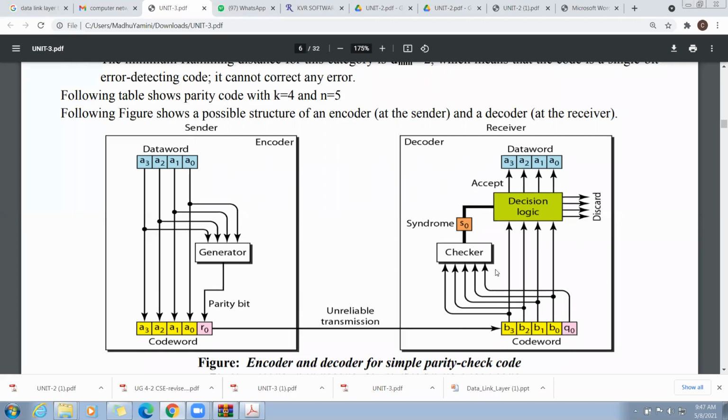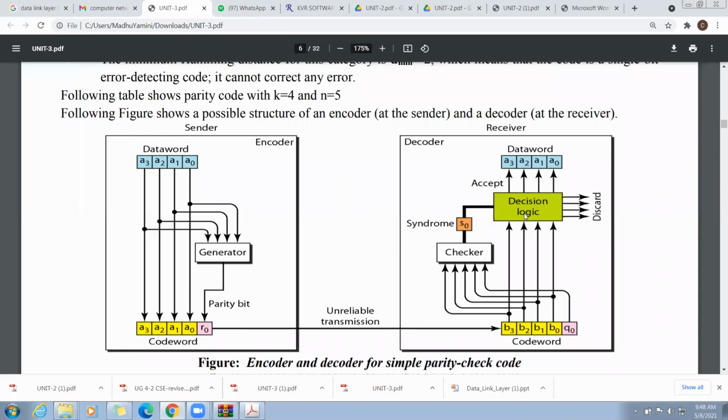This needs to be checked at the receiver side by using a checker. By using the checker, we check the received code word. Here is the syndrome S0. The syndrome S0 will be calculated and checked here.